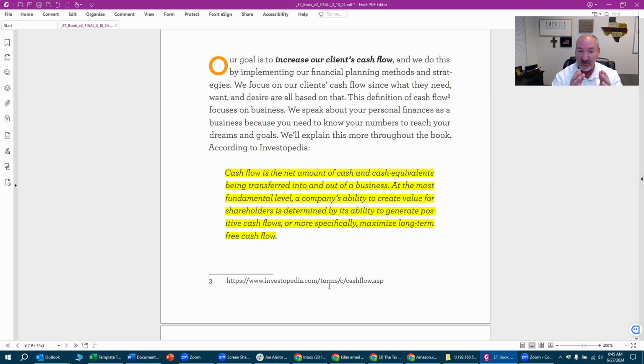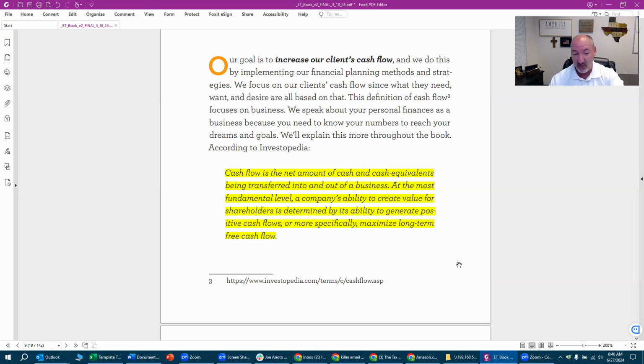Now, here's what we're looking at. Positive cash flow is very important. But the reason why people come to us in our practice is because they have a tax problem. Well, they've done a good job of generating positive cash flow, and they don't know what to do with it. And they may not like the advice that they're getting from their current tax people. So they come to us and say, hey, I heard that you guys may be able to help. What do you do? And we tell them what we do. And they're like, whoa, that's amazing. That's what we want to do.